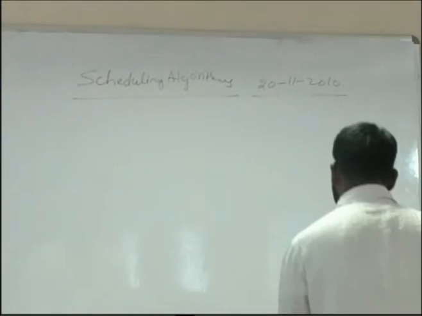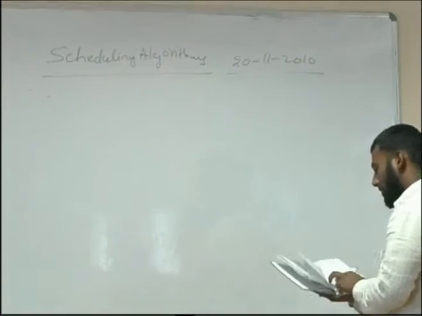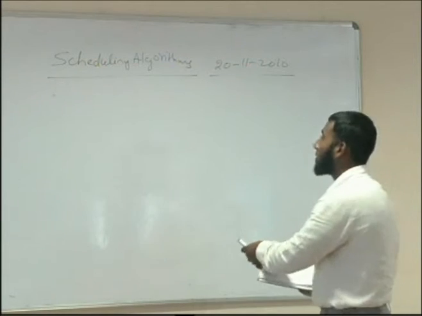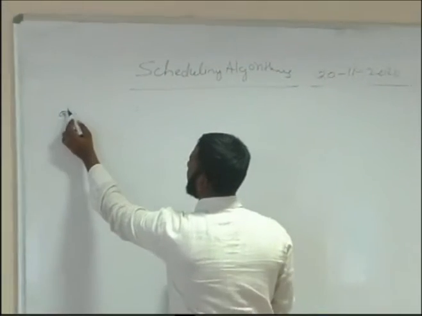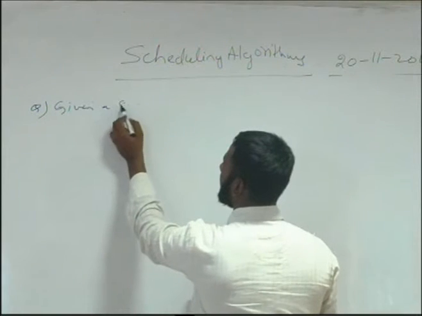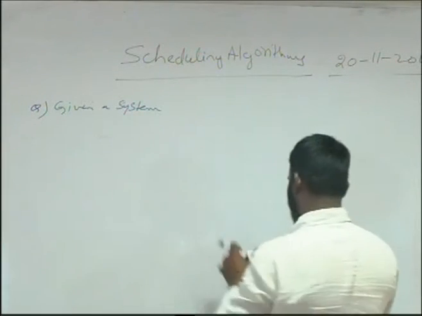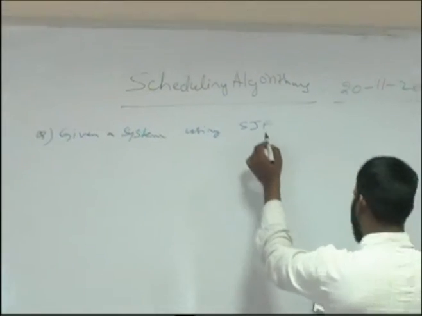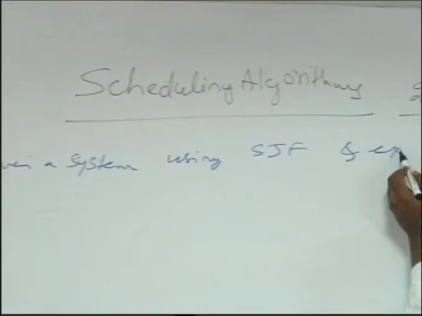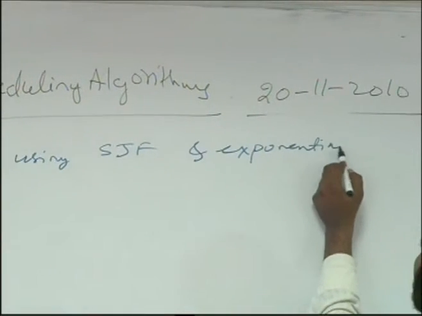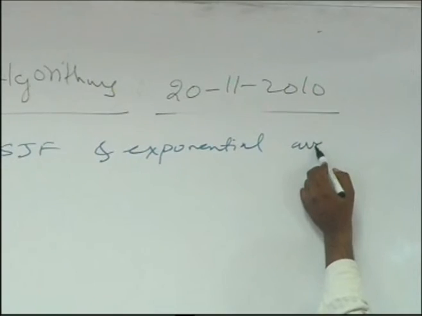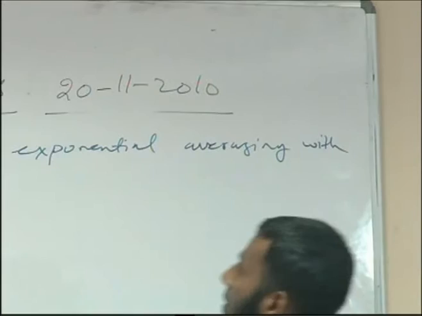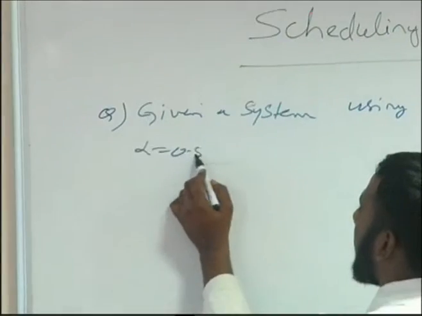Given a system using SJF and exponential averaging with alpha equal to 0.5,